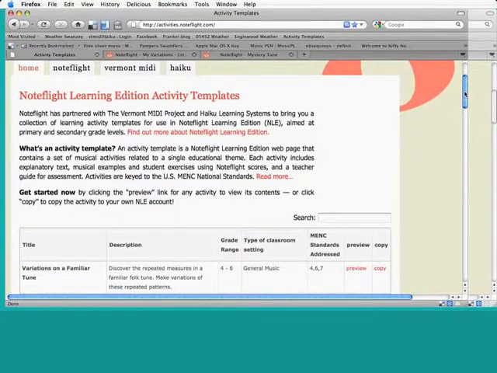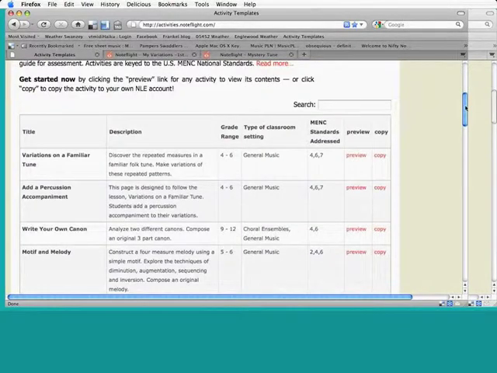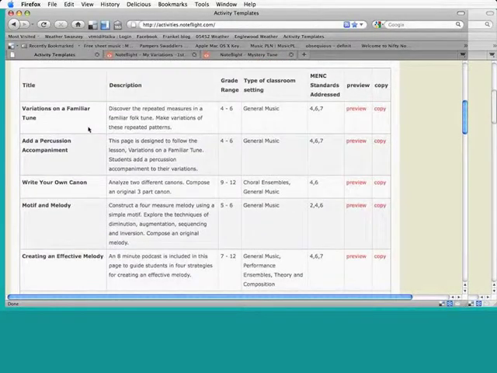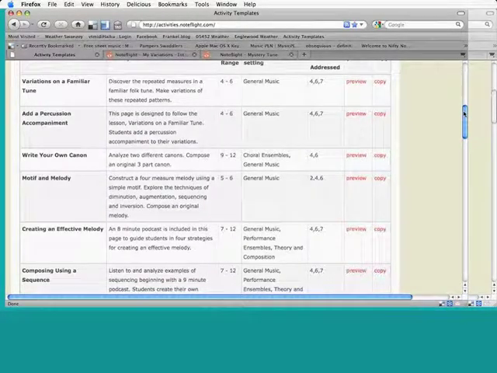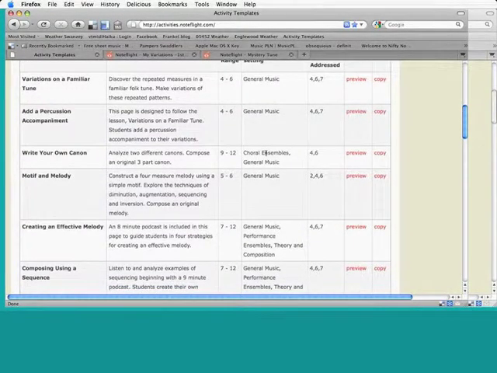We've created a matrix to give you a little more information about each one of these activity templates. There's a description, very brief, about the lesson itself, a suggested grade range, although I have done variations on a familiar tune lesson with students up to 8th grade when it's one of their first experiences in music and technology. I think you'll find that some of them work either up a grade level or two or down a